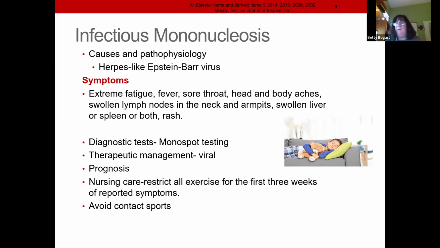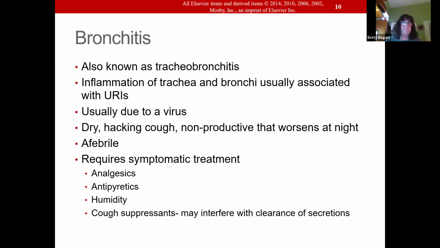Now, I'll never forget that story. I'll never forget that boy. And it's something that could have been prevented. So, what do you need to remember? Have a kid, positive mono, make sure you teach them, protect that abdomen. No contact sports, no PE until they're checked by their pediatrician.